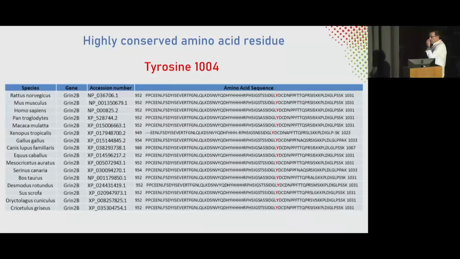So the first thing that we look at is whether the tyrosine 1004 is highly conserved between different species. In this case, it's not really important, but I just want to illustrate the cascade of information we reach for each of these mutations. So we usually look at the conservation of this amino acid through these different species. The interest for us is to show if your amino acid is really important for the function of the receptor. If it's less important, perhaps there are some modifications that are possible that do not affect the receptor so much.